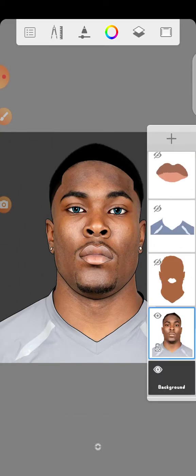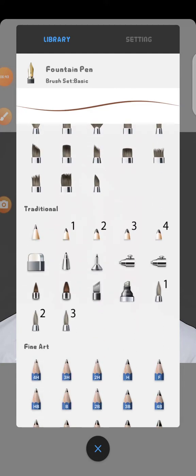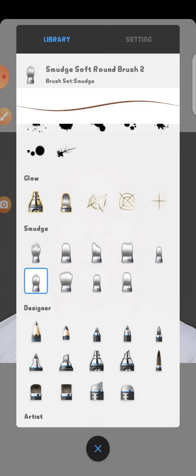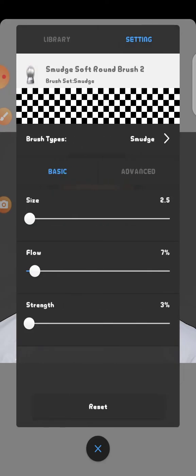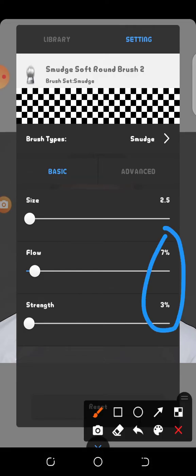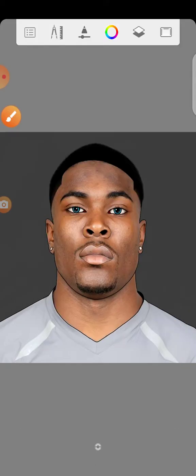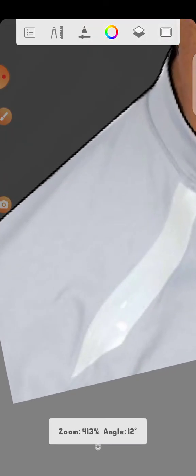So over to smudging. Okay, now the brush we are going to be using is our Smudge soft round brush too. And like I said, this must be your settings. Now we start with the clothes first. We smudge to smoothen the surface